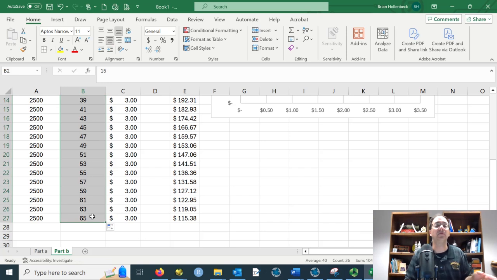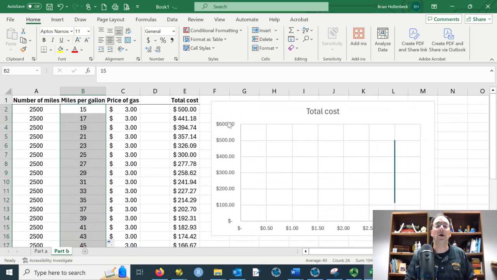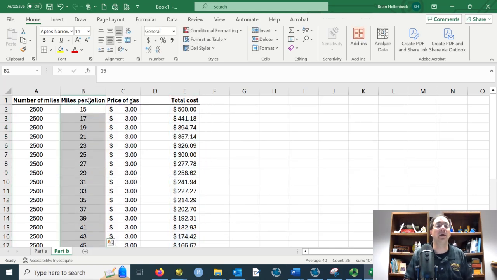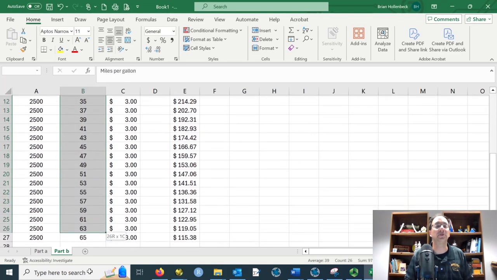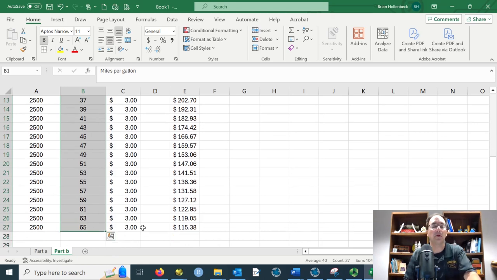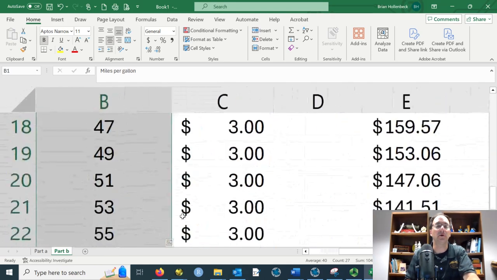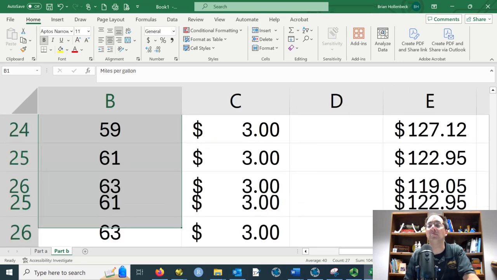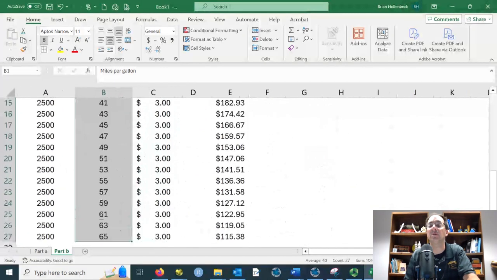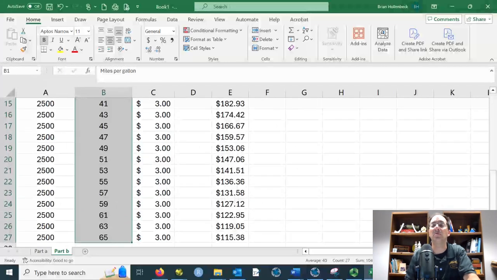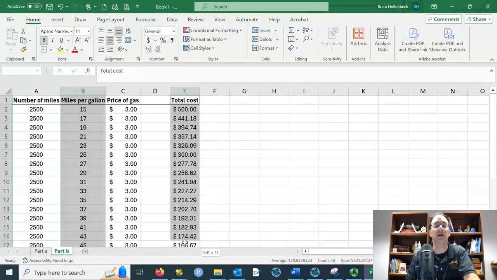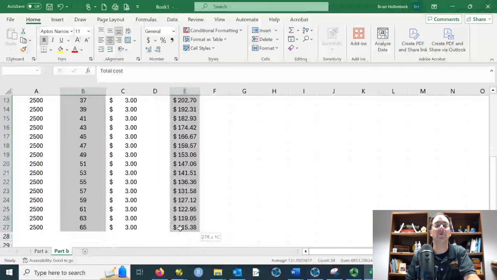All the way up to 65. And then what I can do, I'm going to delete this. And now I can highlight this cell, this column. Hit Control again. Whoops. If you use your mouse scrolling, you will affect the whole zoom. All right, I hit Control, hold Control down, move this down,